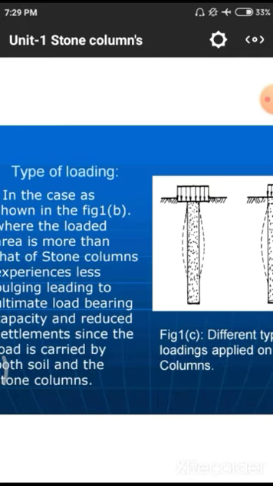Why? Because there is no steel or any other binding material to carry the stresses from one to another. That means if there is any steel or binding material, automatically there will be a chance to transfer the stresses from one to another. Steel has a tendency to transfer its stresses to surrounding particles like cement, silica and other aggregates. But in the case of the stone column we are having only aggregates, so the total load will not be borne by the aggregate. Automatically there may be a chance of buckling phenomena.